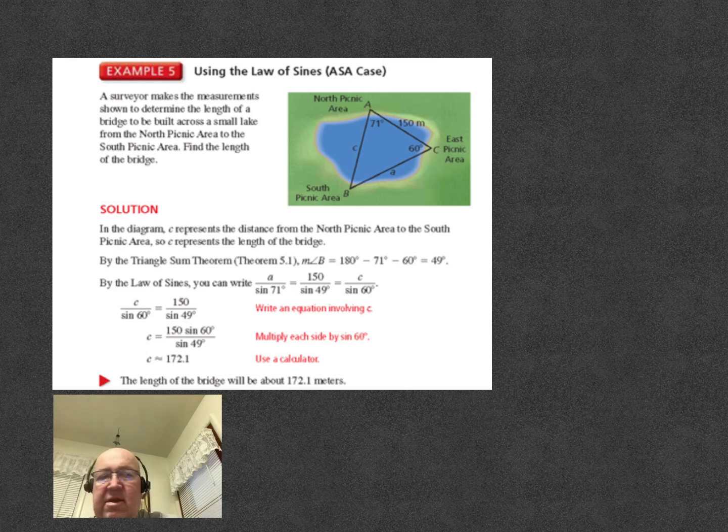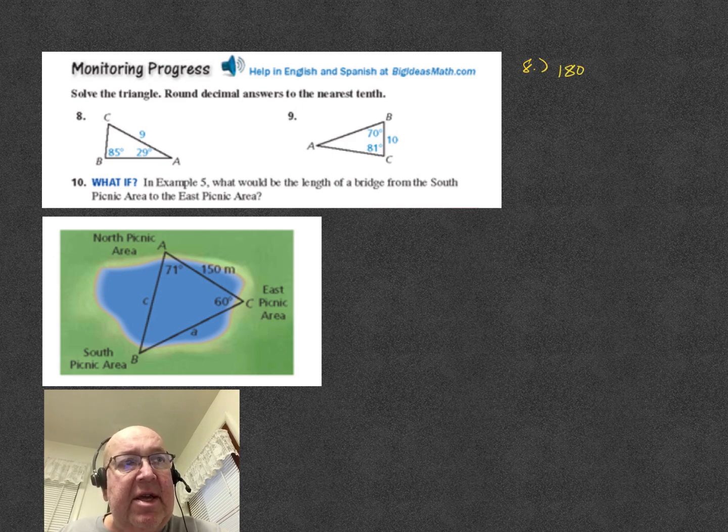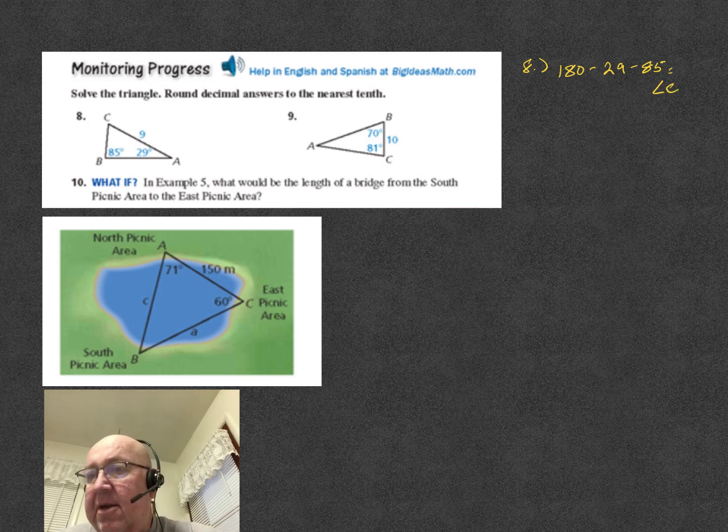We'll work with a little bit of a mixture of that, change it up as we go through problems here. Right. So first we want to solve the triangle number 8. First thing we're going to do is find our other angle. So angle C is going to be equal to 180 minus 29 minus 85, and angle C is going to be equal to